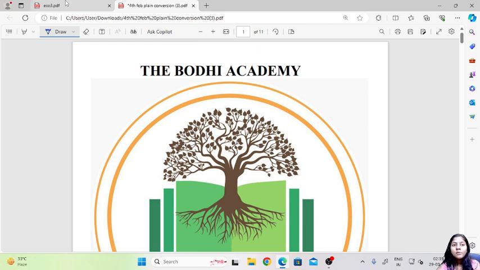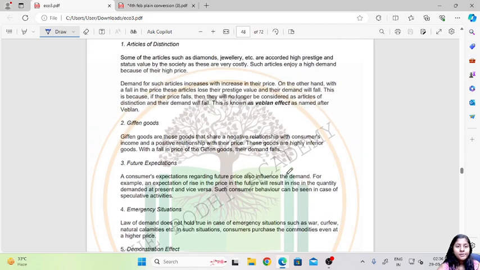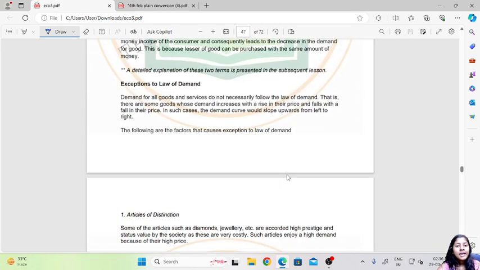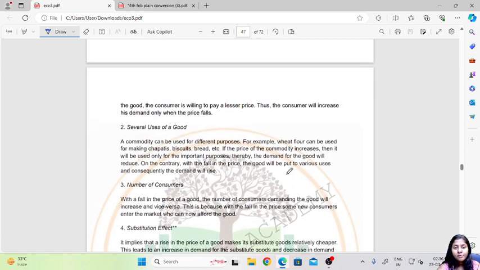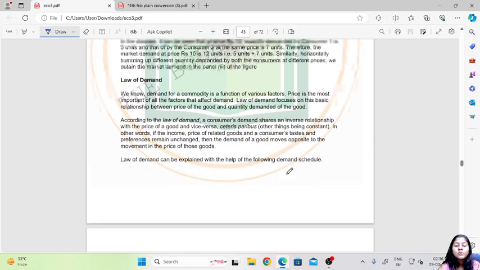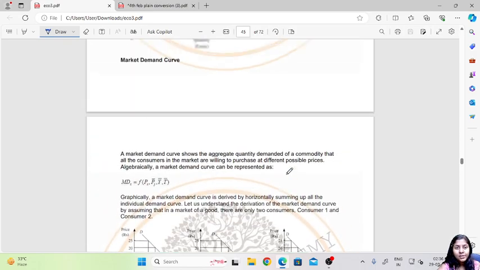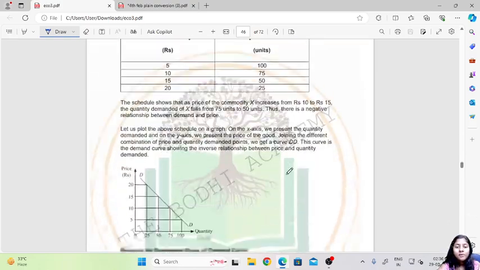So we'll continue with part 3 of the demand analysis chapter. Earlier in this chapter we have discussed the law of demand, and then we moved to exceptions to the law of demand, and there are various other things we have discussed. We have also seen the market schedule and the individual demand curve. So now we'll see